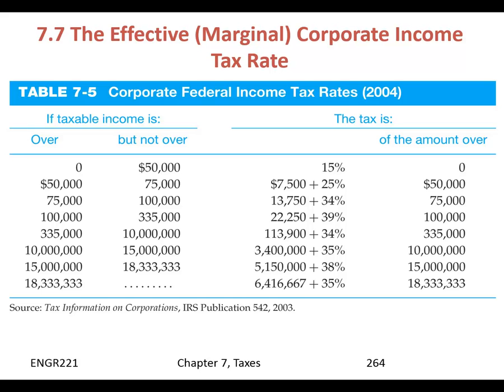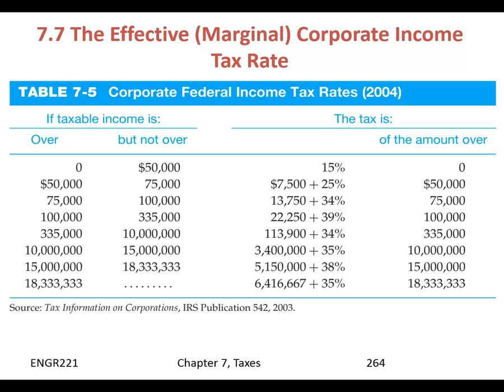So it goes on and on. The tax rate continues to increase until you get up to $335,000, but then the tax rate goes down to 34% and then up again. It's a little bit weird how it goes up and then down again, but that's Congress for you. They're the ones who set the income tax rates. This marginal income tax increasing is a way of saying that people and businesses who are more successful end up paying a larger share of the taxes because the income tax rate is increasing.